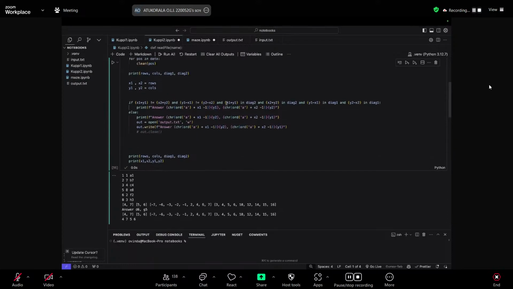With that, I check by using the diagonal 2 and diagonal 1 lists that I had before. If they are in diagonal 2, that means they haven't been removed. But if they are removed, then we would move on to the next solution.